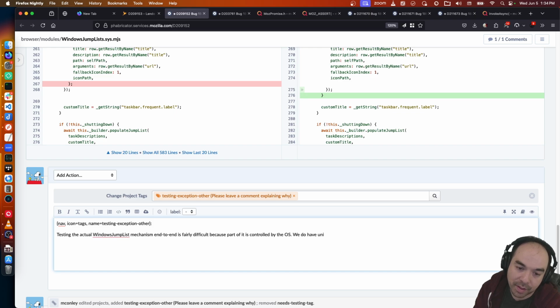We do have unit tests, however, for the jump list builder. In the future, we may also mock out the jump list builder to write unit tests for WindowsJumpLists.sys.mjs, but not today.